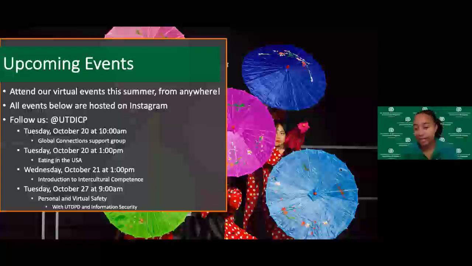We'll also have learning about eating and dining in the USA. That's one of the events that I mentioned earlier. Katie also mentioned tomorrow we'll be hosting Introduction to Intercultural Competence. And I really implore those of you who are available at this time, I know it will be at 1 p.m., please try to attend, because UT Dallas is a very diverse campus, and many of our students want to go out to be global leaders, and I know that you will all become so.